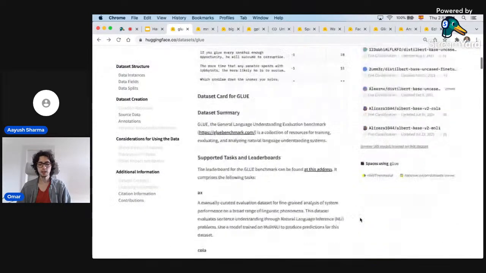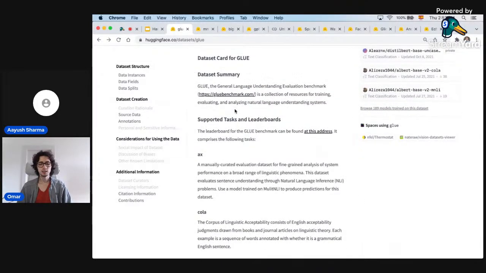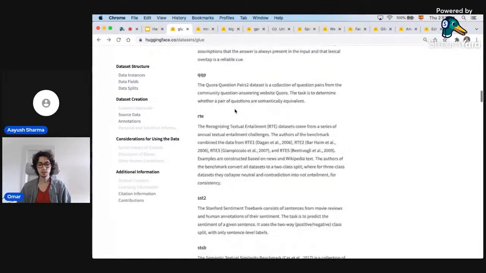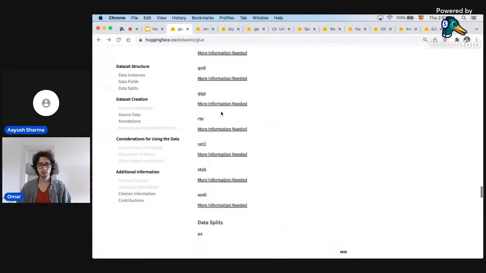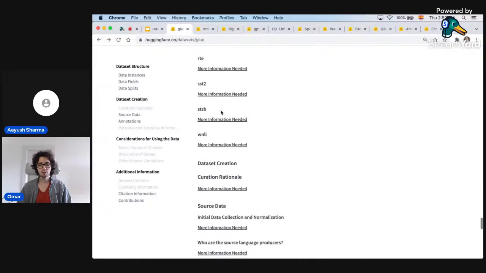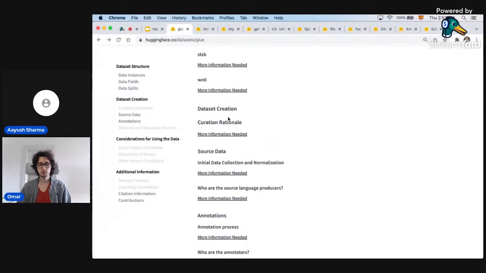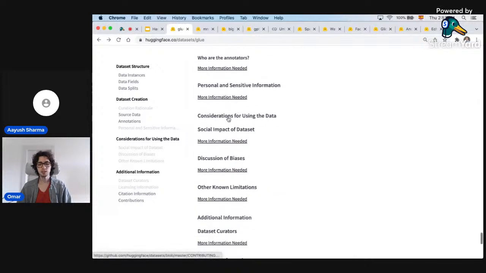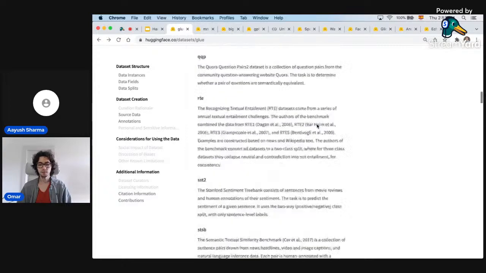And same as with models, we have a dataset card. A dataset card is also documentation for the dataset. So it gives you a summary of the dataset. It gives you a dataset structure. This dataset is a bit more complex, maybe, but it also gives you information such as dataset curation, which is the source data, which is the social impact of the dataset, and citation information as well.